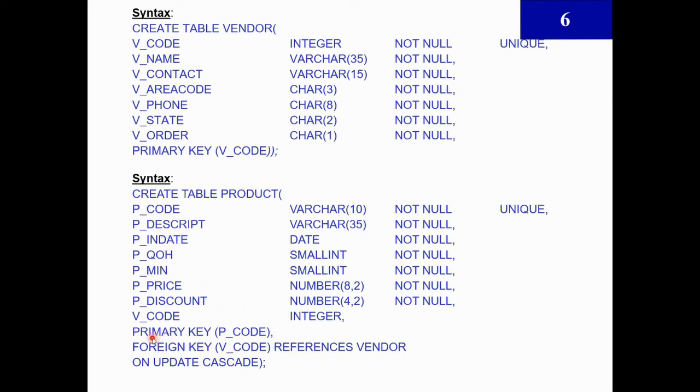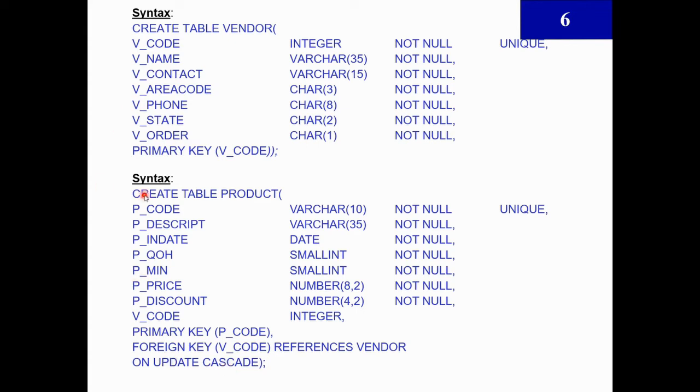So di sini kita mention primary key P code untuk table product ni, and then foreign key adalah V code. Okay, V code ni adalah foreign key untuk table product, reference vendor, meaning V code ni adalah dalam table vendor. So table vendor V code akan jadi foreign key untuk table product. On update cascade. Okay, on update cascade ni maksudnya adalah